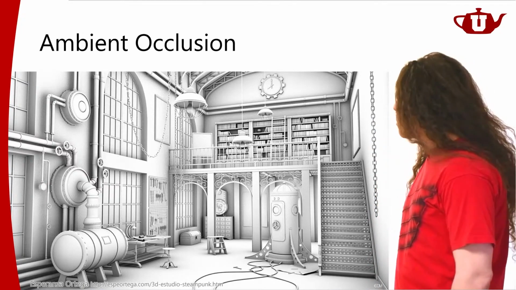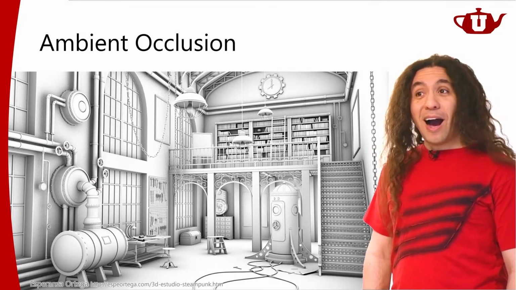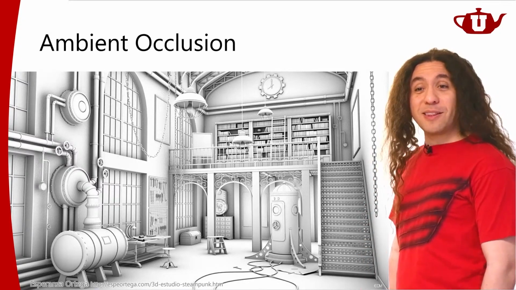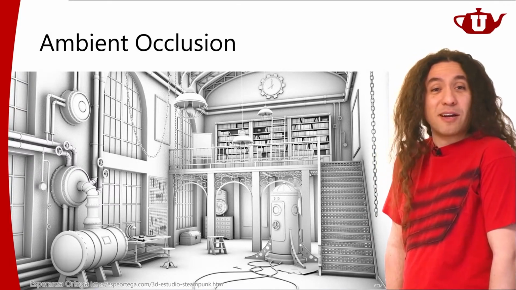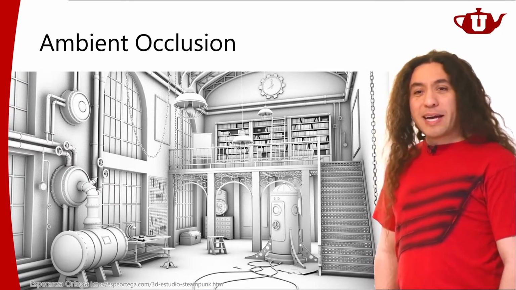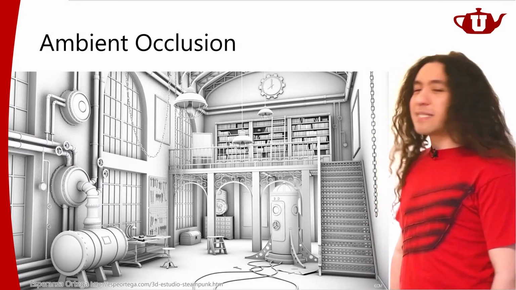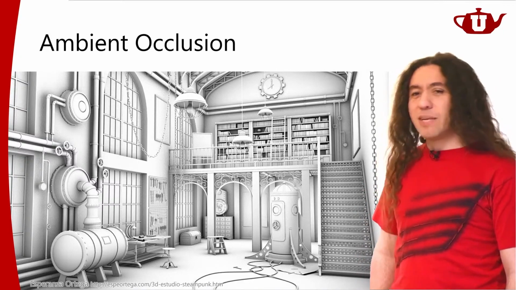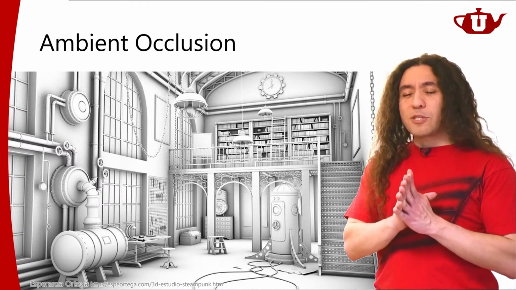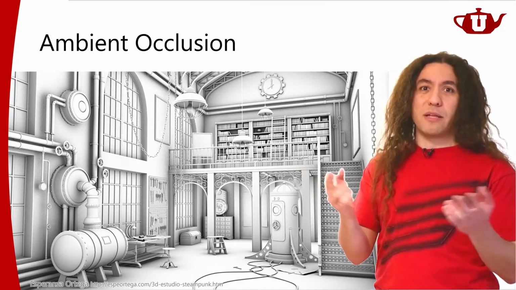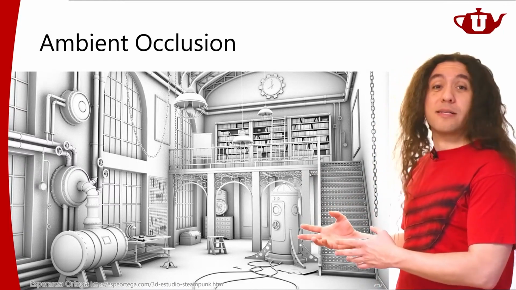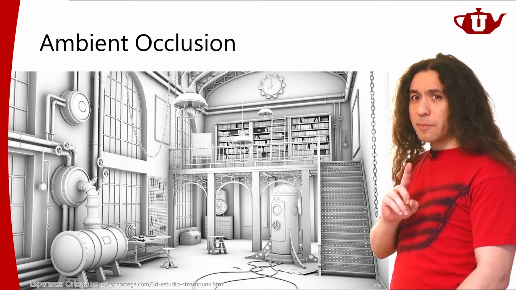Just by looking at ambient occlusion alone, I can tell what this scene looks like. I can see where all the objects are. It's great. Even on its own, it's actually looking pretty good if you ask me. But it's not indirect illumination, right? It's a very crude approximation of indirect illumination. Obviously not as crude as just a constant ambient factor. It's way better than constant ambient, but not indirect illumination.